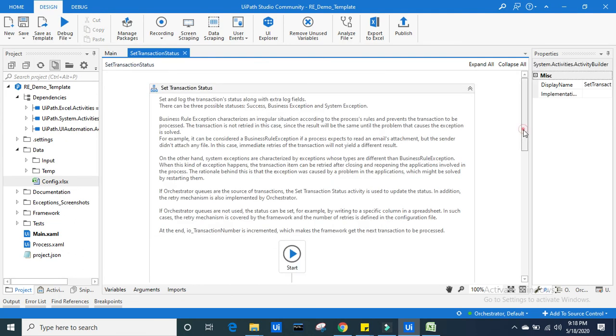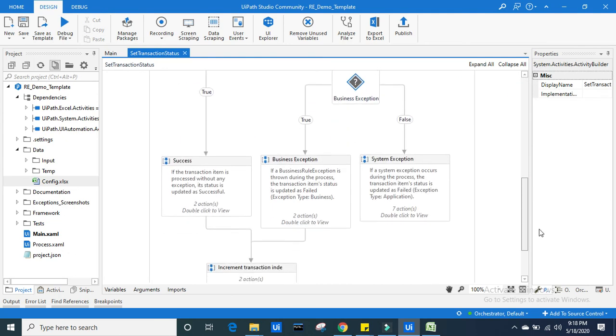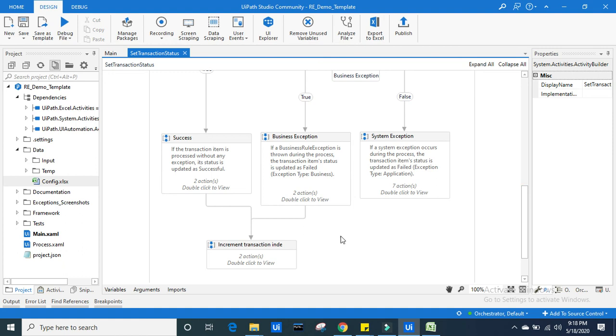If it's a success, then it will try to get the next transaction item. If it's a business exception, what to do, we are going to see in our practical session. If there is a system exception or system error, it will also halt the execution.